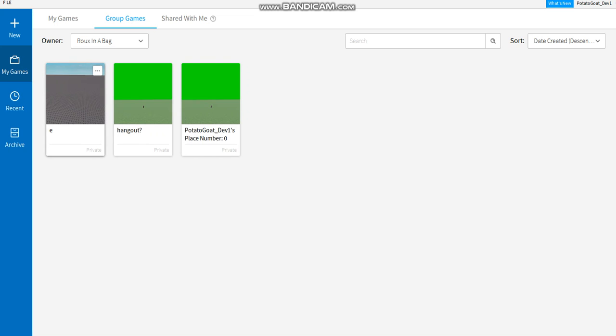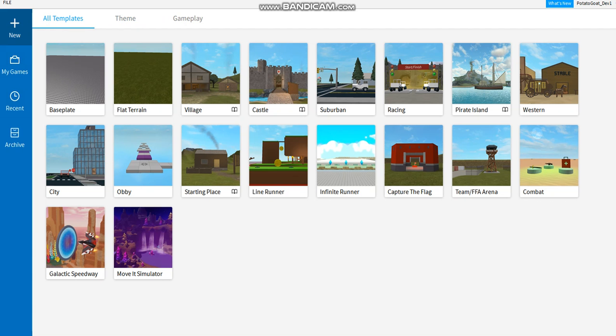And then you want to click the three dots, and then make public. I'm not going to do it because it's my cousin's group, and then he probably doesn't want this on his group. So, and then after that, it should pop up,